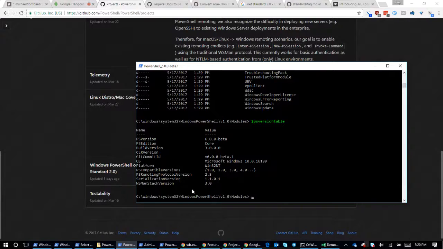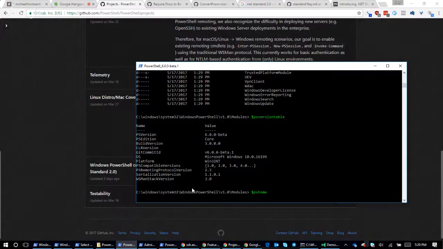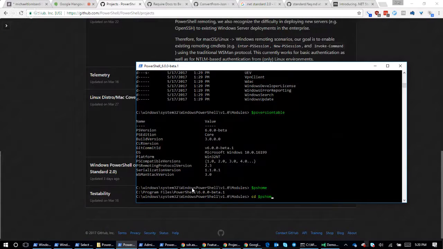But we are making all the telemetry public so you can see how we're using it, what exists. It's all in that community dashboard I showed earlier, because we don't want to just collect telemetry for the sake of collecting telemetry. All of this is so that we can make the product better. And if you want to turn that off, it's really easy. You just go into PS Home.